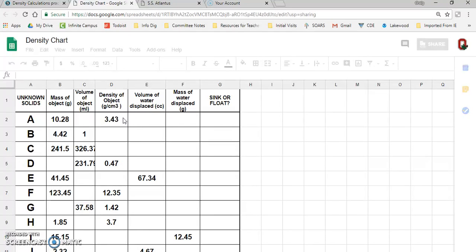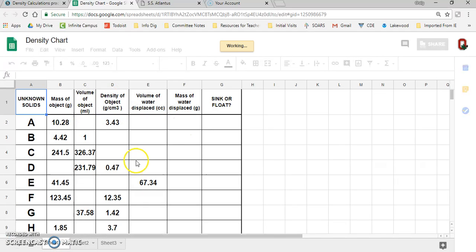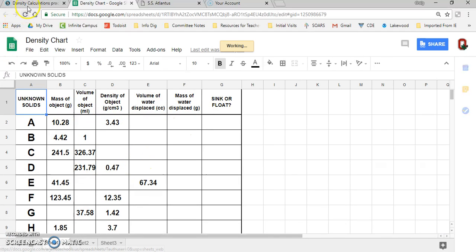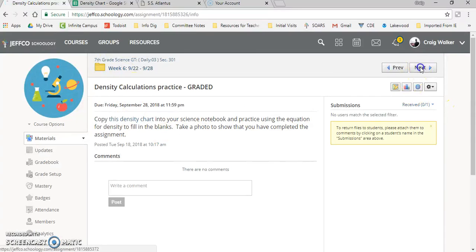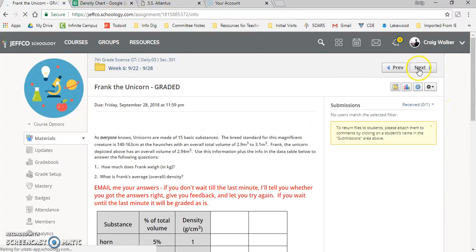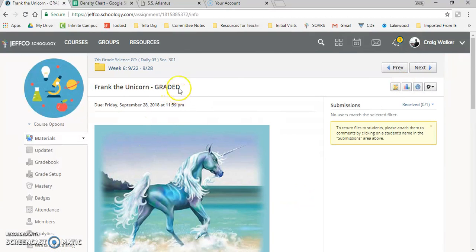You have a hyperlink here. You click on that, and it should bring you up to this, and you're going to copy that into your notebook. Keep going, work your way through here. We don't need to click through every single page, but you'll see, oh, look, graded. So if we go back to the week,